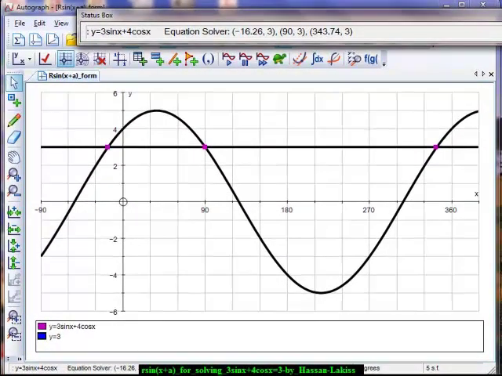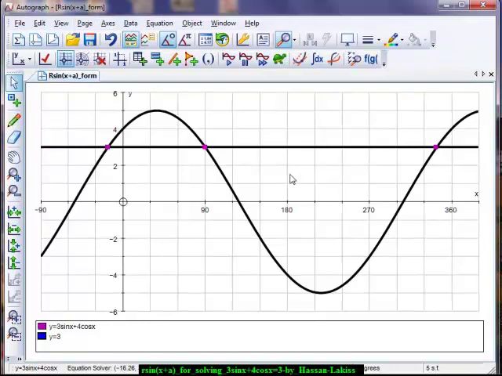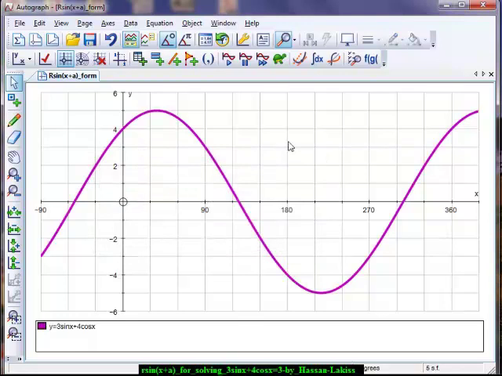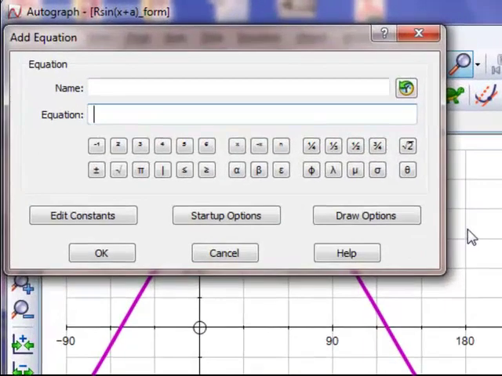Okay, if I close that and click anywhere in the space, so everything is deselected, select the line with the left mouse, backspace, and say yes, and it's gone. So next, click anywhere in the space, press enter on your keyboard, and let's go for y equals r